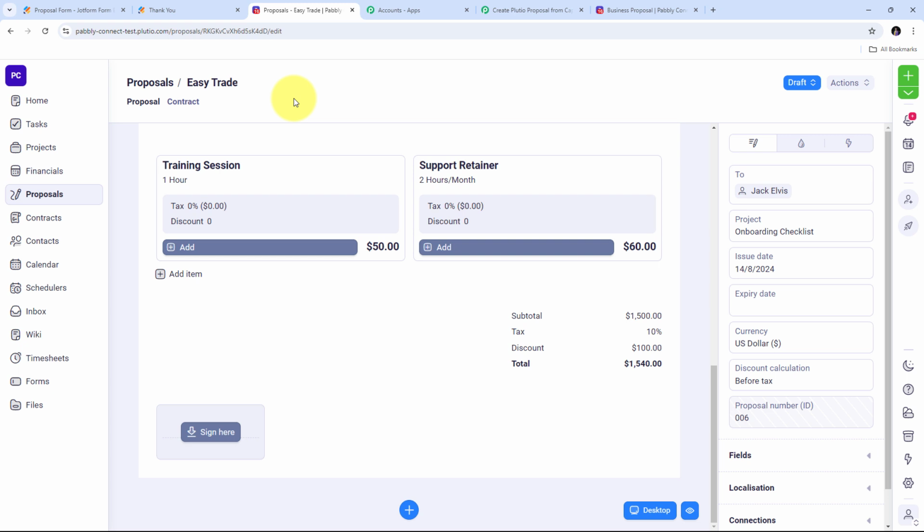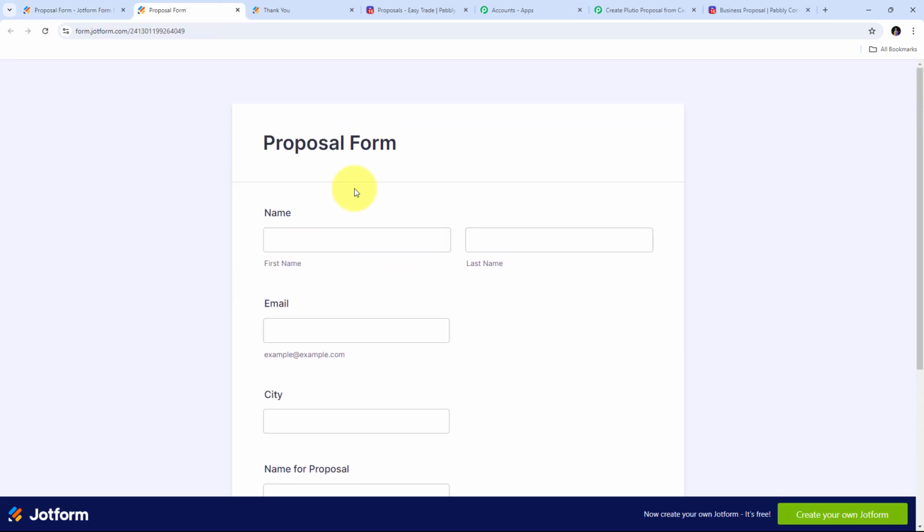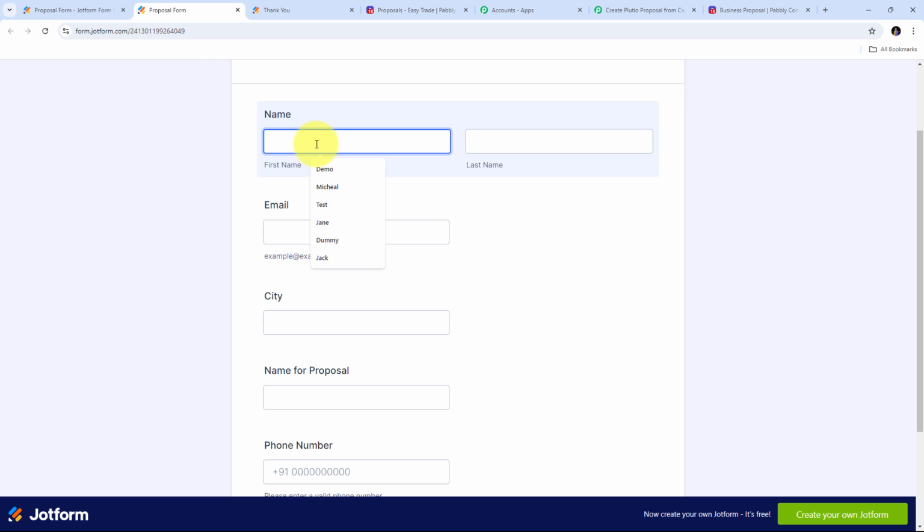So to check this in real time, whether this automation is working or not, I'm going to go back to JotForm and I'm going to again open this form in a new tab and I'm going to fill this form with new client detail. So here the first name is going to be John, last name will be Karas, email will be johnkaras@pabblytudes.com. I'm going to give the city, that is going to be Indore,